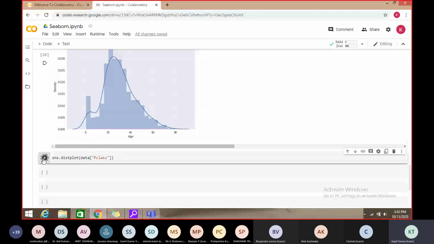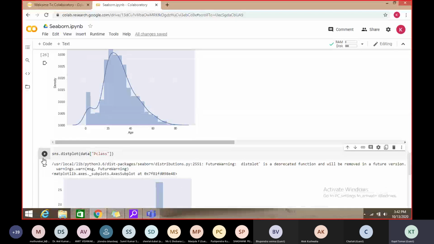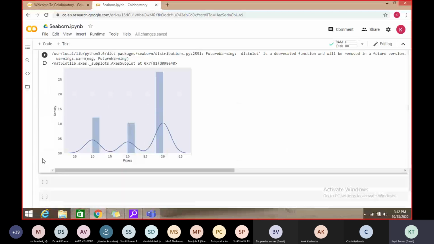Now we can check. So this graph is lying on the negative axis, very much skewed, right? And similarly, if we want to see the skewness of all the columns, then we can easily visualize it.